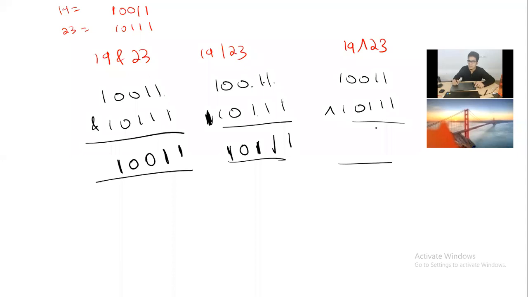We'll come here to XOR. What's the meaning of XOR? Only if the bits are changing is the output 1. 1 to 1, are the bits changing here? No. 1 to 1, are the bits changing? No. 0 to 1, are the bits changing? Yes, the bits are changing. 0 to 0, are the bits changing? No. 1 to 1, are the bits changing? No. Now let's see how to calculate.